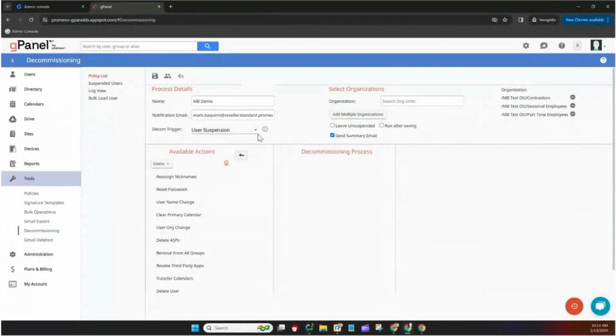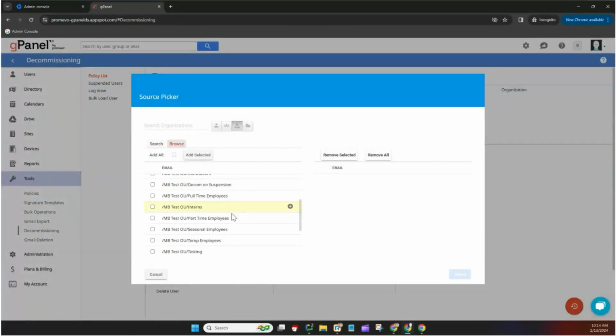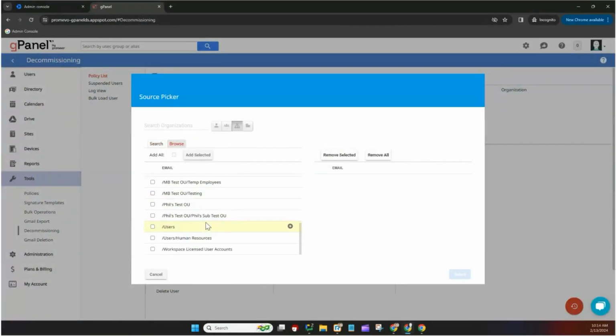That's the difference. Oh, I'm sorry, I forgot to actually talk about the other one. The other one is org unit change, which would mean simply by moving somebody into this OU, the actions that you select will kick off. So this would probably not work for these. What I would do in this case is, instead of choosing those org units, I'd probably just create a separate OU